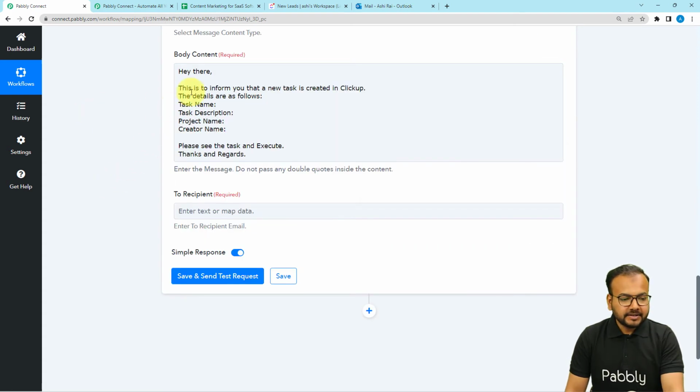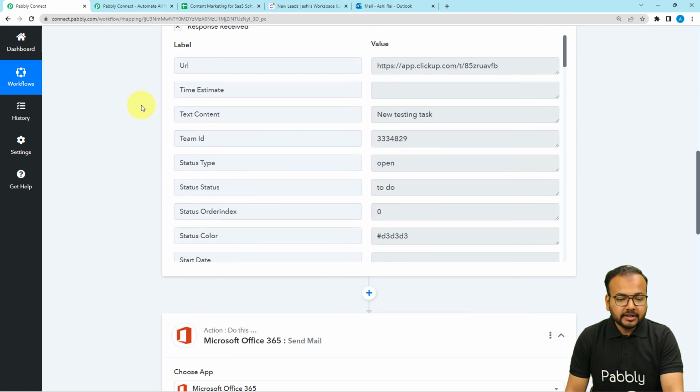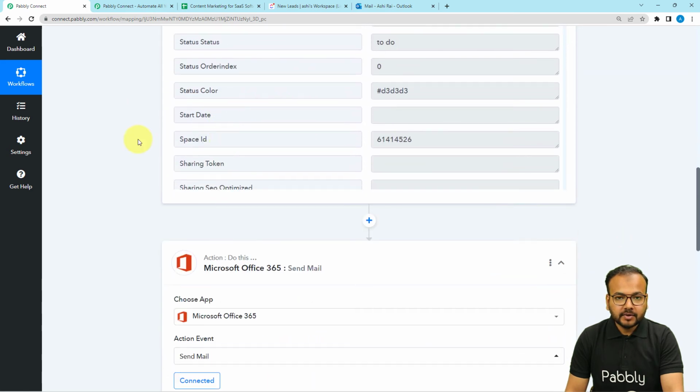So I have typed the message as this: hey there, this is to inform you that a new task is created in ClickUp. The details are as follows. So here I want to send these details to the person every time I create a task. The task name, description name, and the creator's name. So I'm going to map this data using the test data that I have received here from the first step,